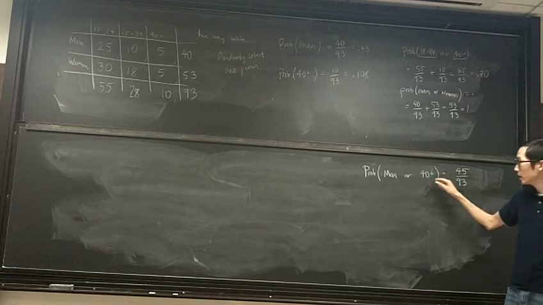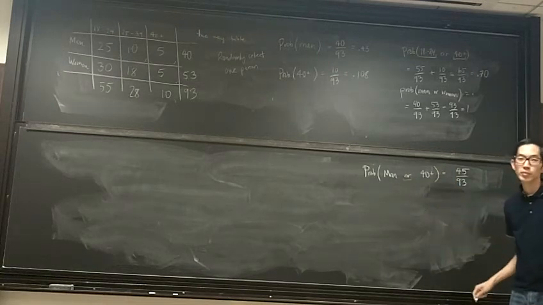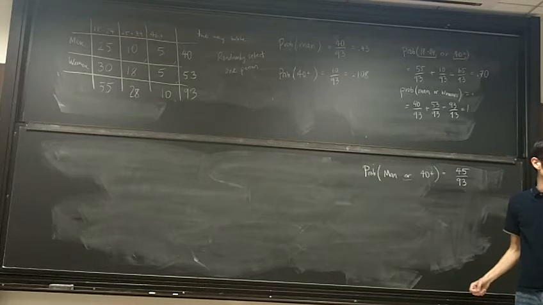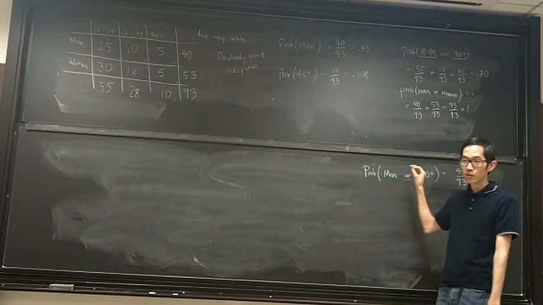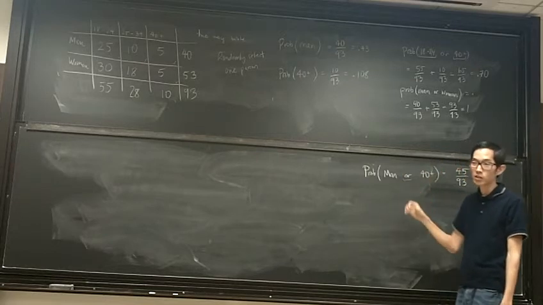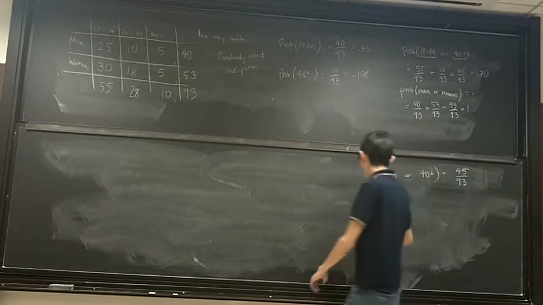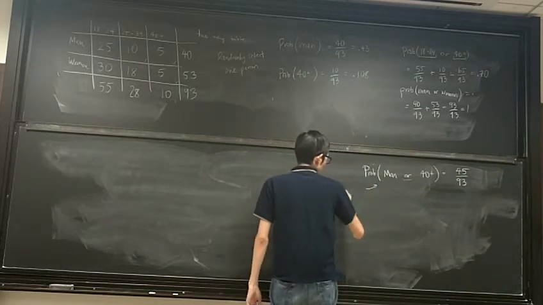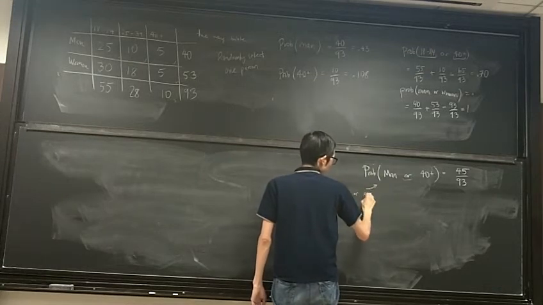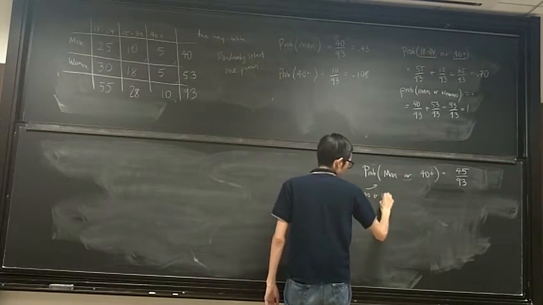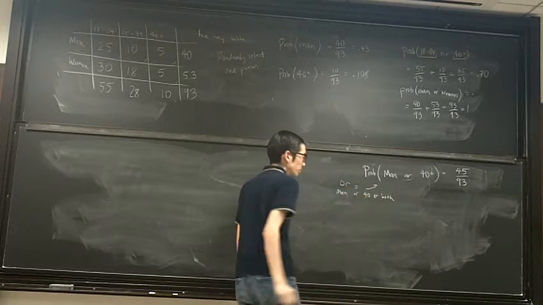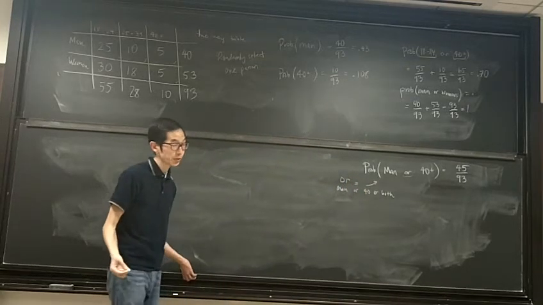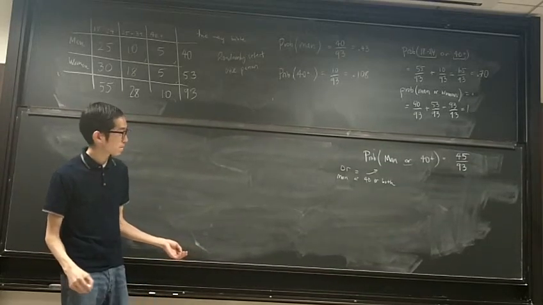Over 40. And anytime you see an "or" in a probability statement, it's an "and/or". It's like a person is a man, or is over 40, or both. So anytime it's an "or", this implies man or 40 or both. That's what the "or" statements always mean. There's always an "or both". That's why you're not doing 5 instead